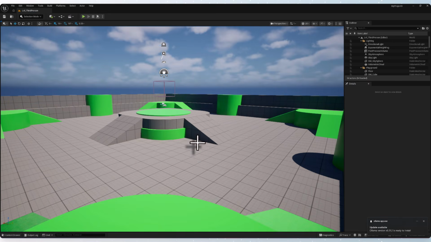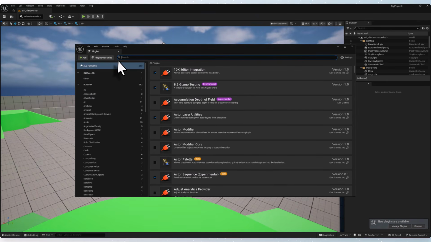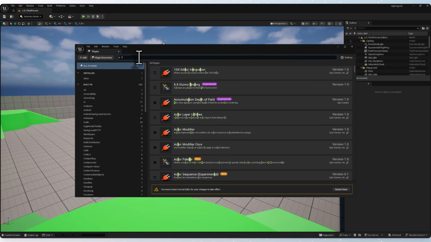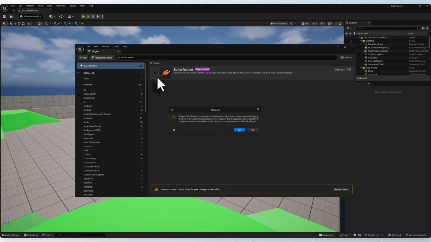Now the next thing I want to do is go to edit plugins, enable the MCP client toolset, then the MCP plugin. Go here, search for editor toolset, enable this plugin,